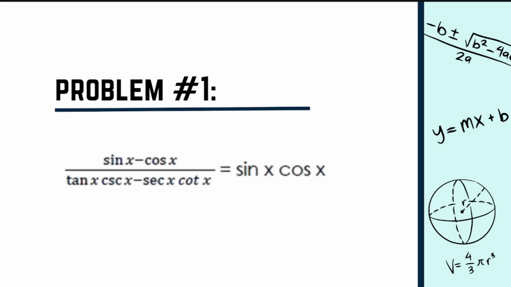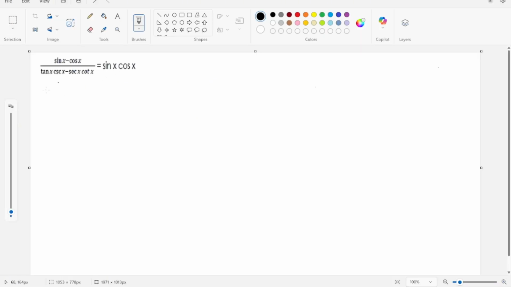So for our first problem, we have (sine x minus cosine x) over (tangent x times cosecant x minus secant x times cotangent x) is equal to sine x times cosine x. Okay, so for this specific example, we will work on the left side since mas complicated siya. And then we will simplify the terms and manipulate them hanggang sa maging simplified form siya na sine x times